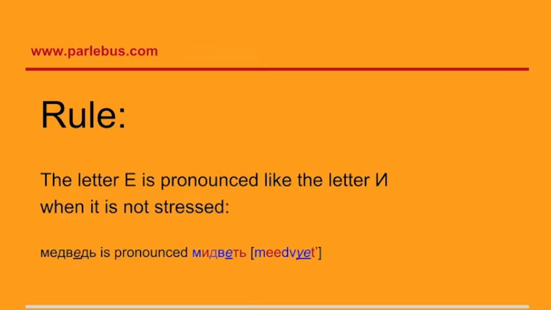Now think for a moment, why do I say медведь and not медведь? My pronunciation of the word медведь is медведь because the first ye is not stressed, so instead of saying ye, I say i. The second ye is stressed, and because it follows a consonant, it's pronounced as ye, so медве, and the last sound is t, not d. So it is just more natural for a Russian person to say it t. We'll talk about this rule later on.